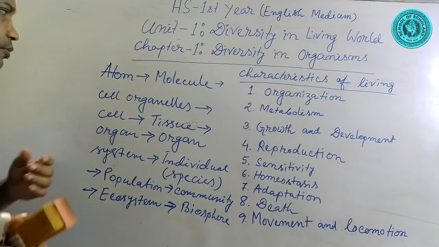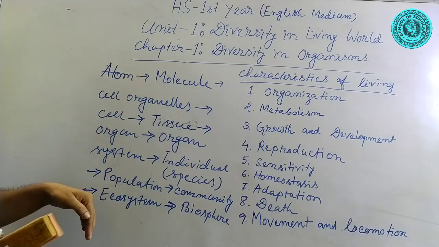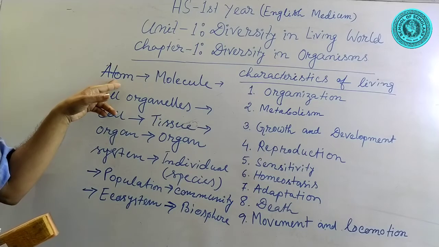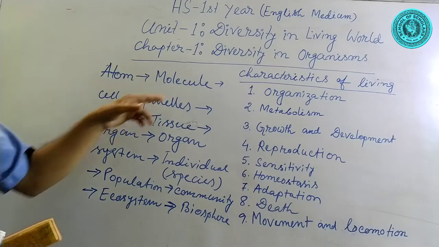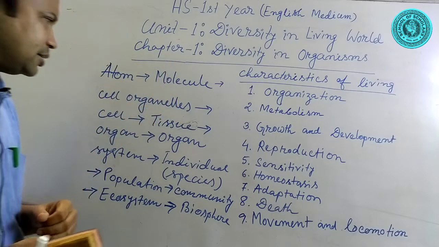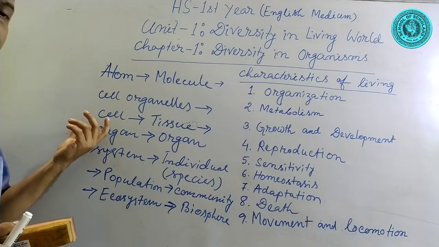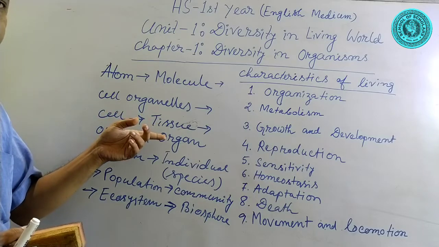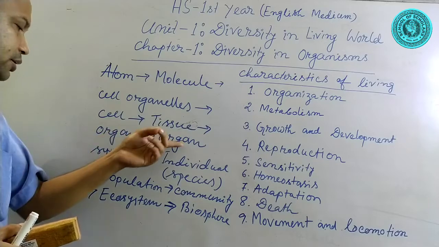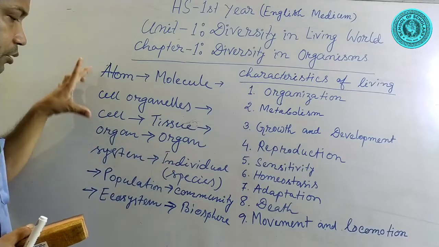Hierarchical process means a sequential process in which small units are aggregated to form more complex units for a common goal. In this case, atoms are aggregated to form molecules. Molecules are aggregated to form cell organelles like mitochondria, chloroplast, Golgi body, etc. These organelles aggregate to form a cell. Then this cell aggregates to form tissue. This tissue aggregates to form organ, then organ system, then finally the individual of a species. This organization is called